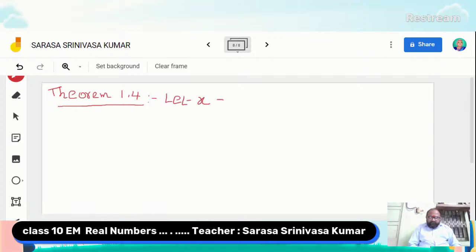Let x equal to p by q be a rational number such that